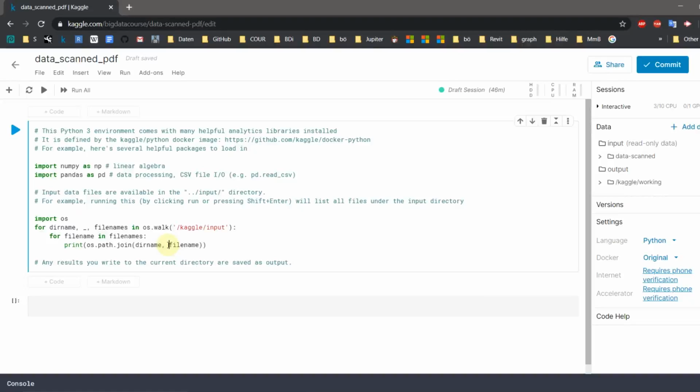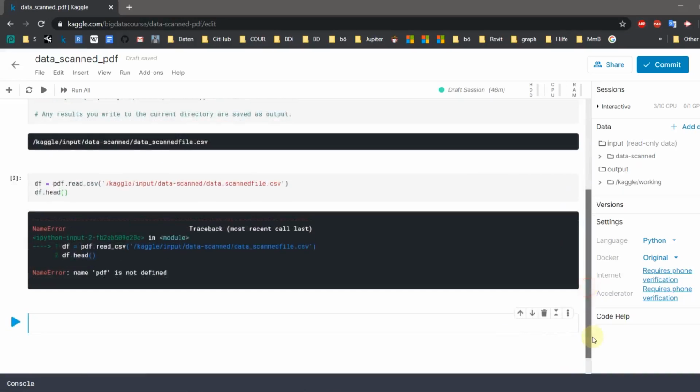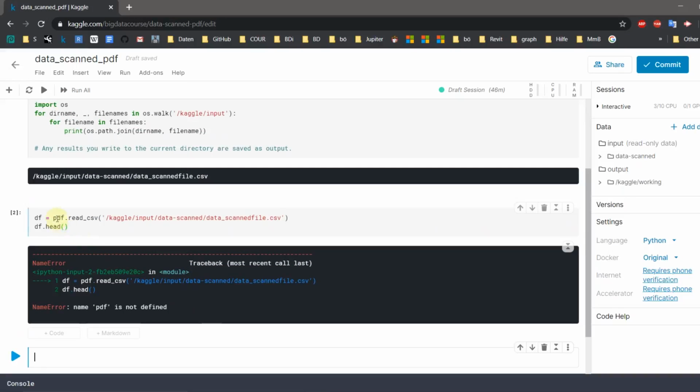And in the new data frame, we write the data from our CSV file that we saved on the platform. Using the head function, we can see the first 5 lines of what we have in the data frame.